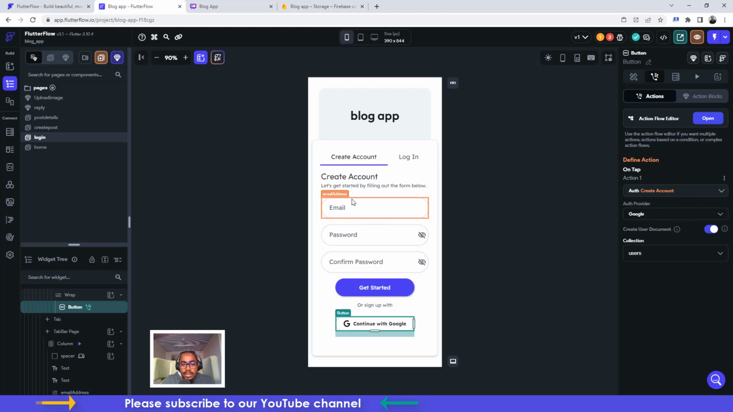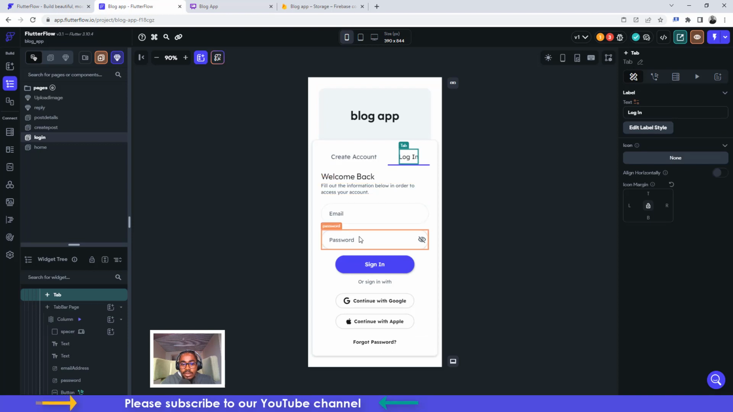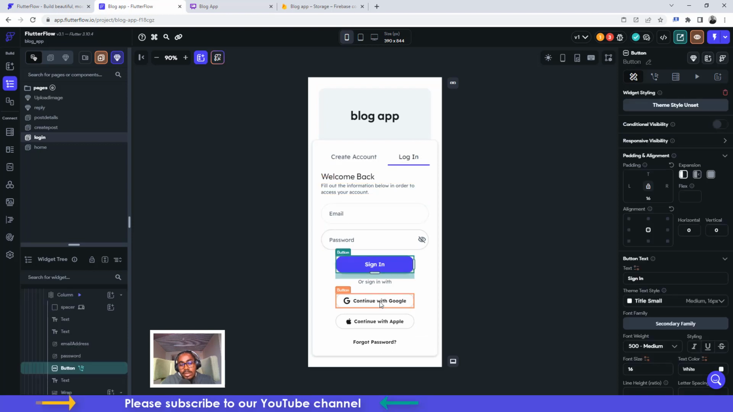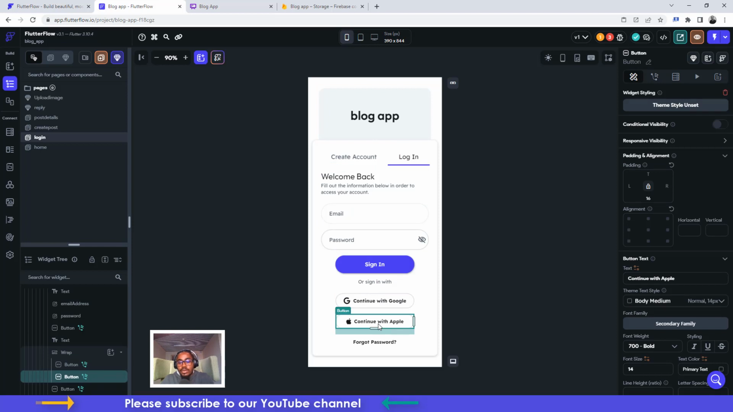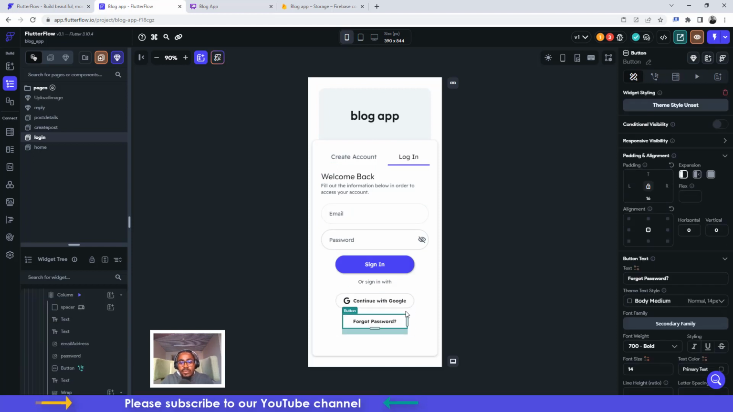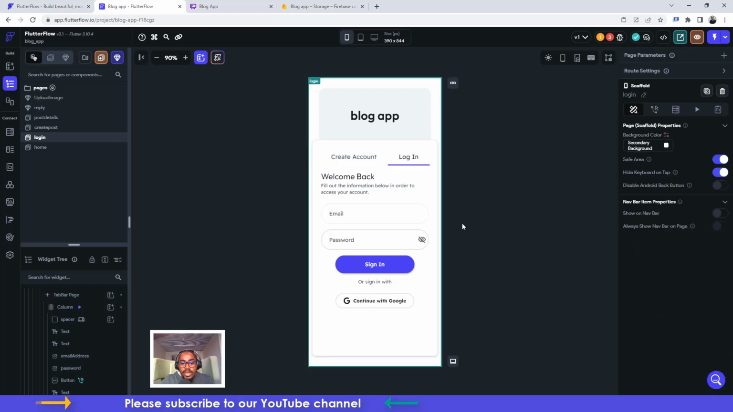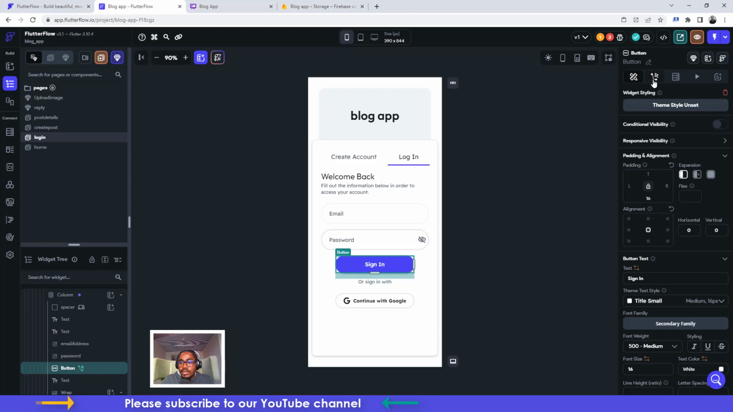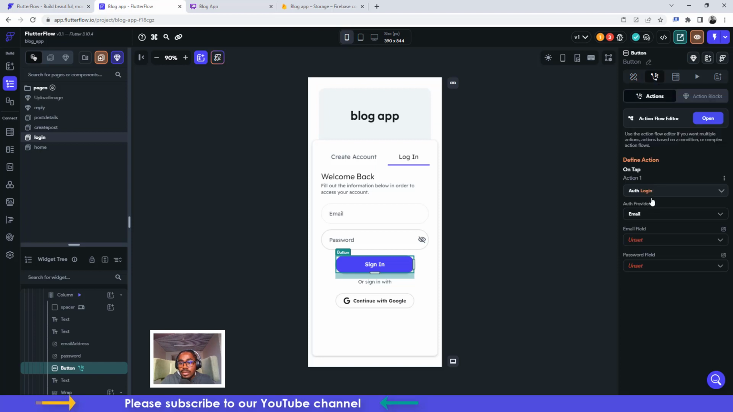Okay, then we need to do login. So on the login page, email address, password. So click on this. Let's take this Apple off, and I am not gonna do forgot password, so we can just take it off. Okay, so we have this, and let's go ahead and click on the sign in button. We click here. Authentication login, email provider, email field is email address, password field is